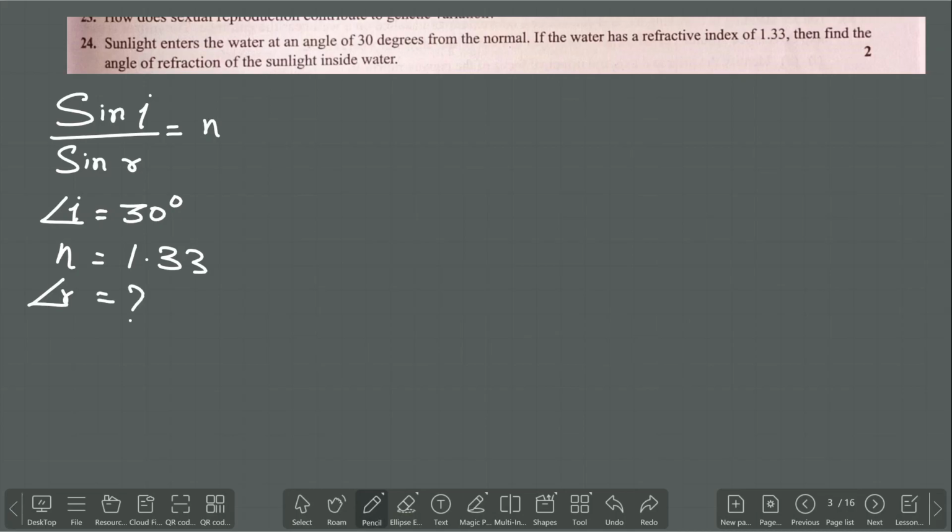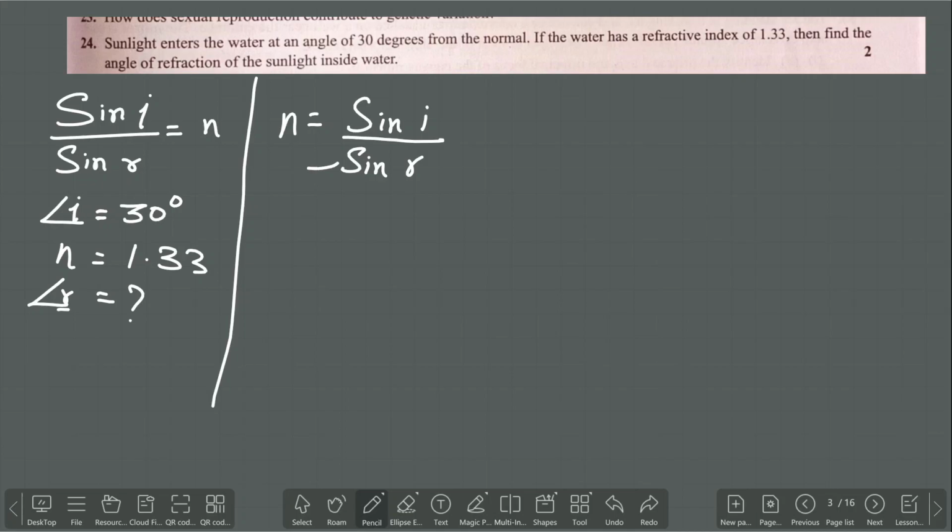So we already wrote the formula. What is the formula? n is equal to sin i by sin r. Which one are we going to find? We are going to find r only. So take this one to the other side, so this will come over here. So sin r will be equal to sin i by n. So sin r is equal to